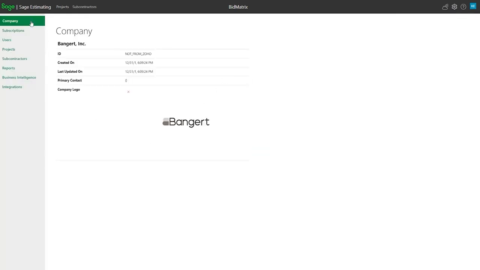When I first pulled it up, company, not too much in here other than your logo. So in here, this is where if I didn't have a logo, I could say select image, go pick it. That way, the top of your reports, primarily reporting, can actually have your logo included in reports automatically by associating a logo with it and so forth.